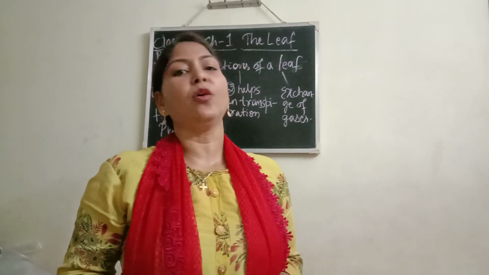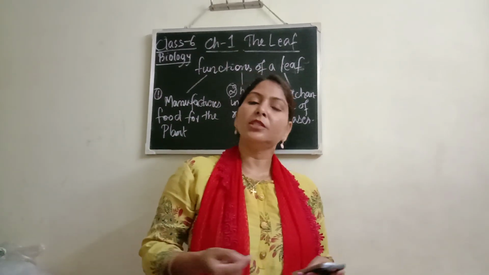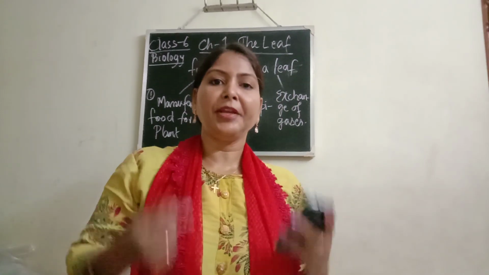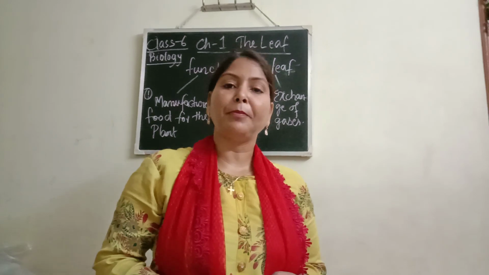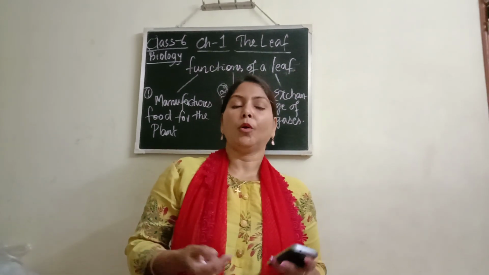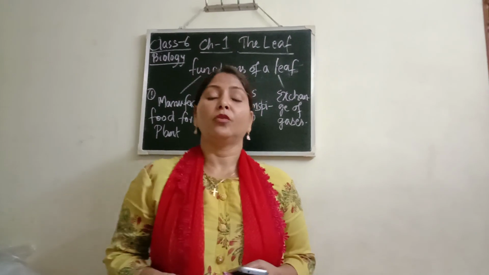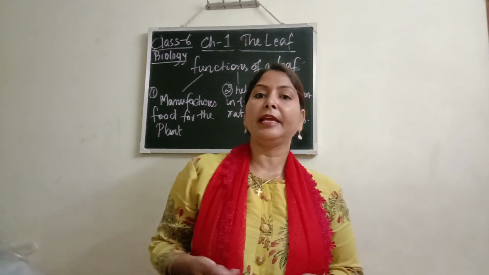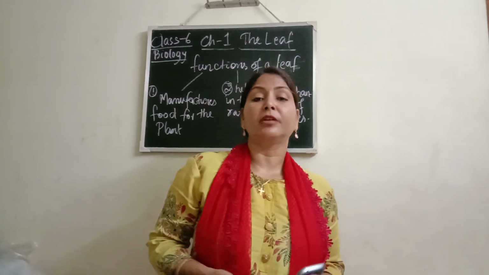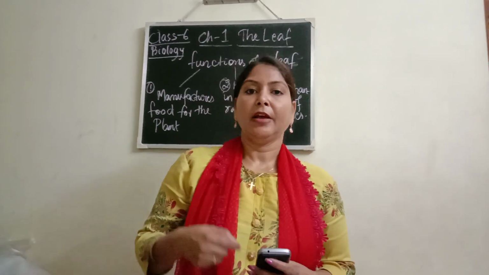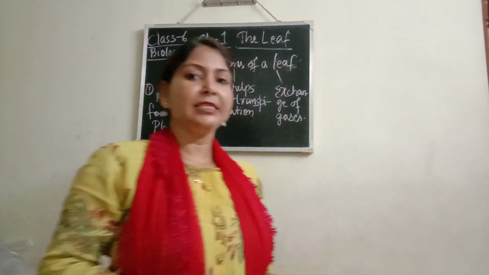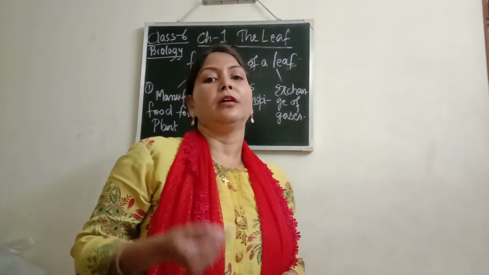Now from class 3 onwards you have been learning about what is photosynthesis. Okay, and you also know that when the green plants prepare food, where do they prepare their food? They prepare their food in their leaves. Okay, so we can say from class 3 and 4 onwards we have been learning a very important function of leaves, that is leaves help in preparing food by photosynthesis. Okay, if green leaves are not there, then photosynthesis will not happen. So let us see, there are some more functions of leaves.